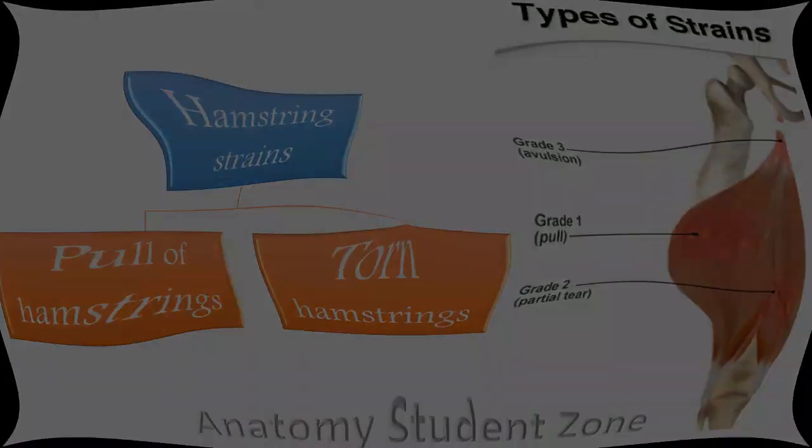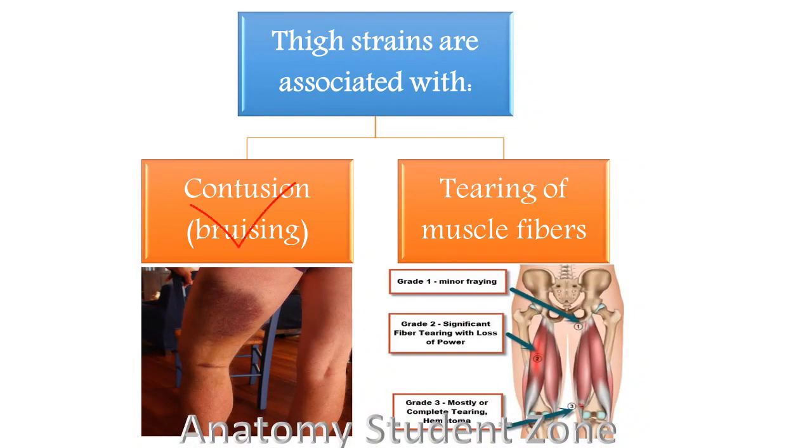Usually thigh strains are associated with contusion, bruising and tearing of muscle fibers. Of course, we know whenever there is a tearing of muscle fibers, there is a rupture of the blood vessels which supply these muscles. When the blood vessels rupture, there can be a hematoma formation, and you will observe the hematoma will be retained in that area. Now again my question is, why is the hematoma retained in that area? That's because of the fascia lata and its attachment. We had seen the fascia lata encloses our thigh just like a stocking. So the hematoma is retained, it's not widespread like other hematomas in other conditions.